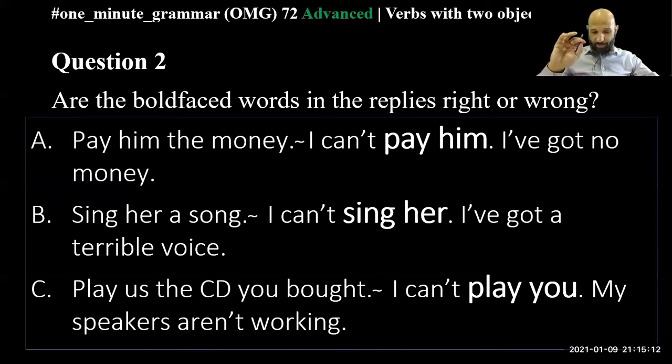Now, note. Here's a very important thing. Notice when these verbs, sing, play, and write, have no direct object. Have no direct object means there is nothing. There is a person, but there is nothing in the sentence. Remember what we said? We said the direct object is the thing. So these verbs, sing, play, and write, when they have no direct object, we must put the verb to